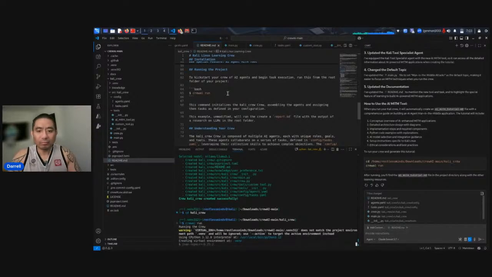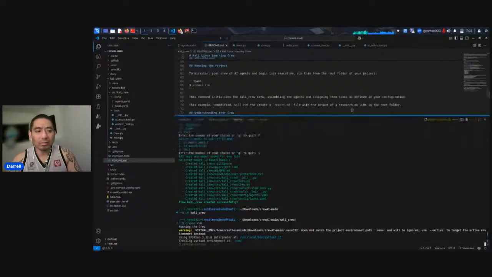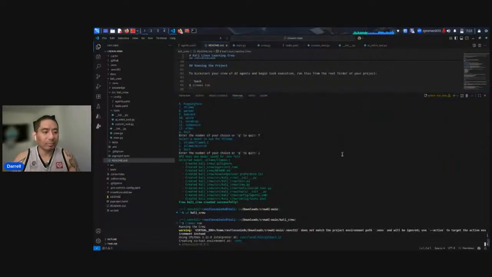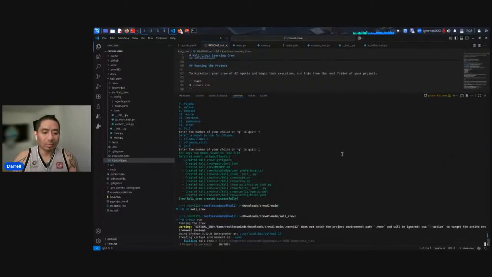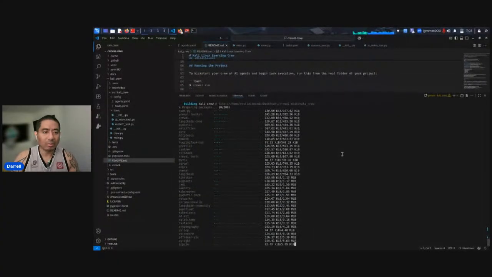Okay, so now it's creating my virtual environment. Let's close out GitHub Copilot so we can expand this more. It's building out my Kali crew.